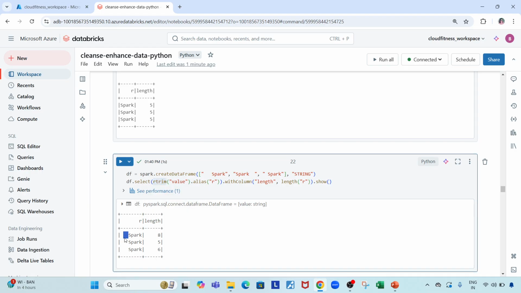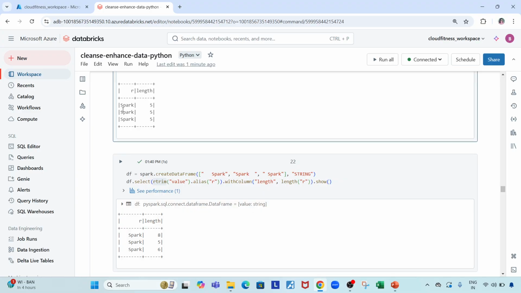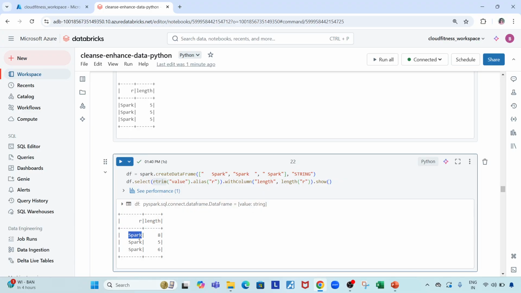So if you see here, Spark still has the empty space. So now you can see here it did not have empty space because that was removed from the front also. But here it is removing from the right side of the word only. It is not removing from the front side. So if you see the front here, we have the space, right? Front, we have the space, but what it is doing, it is removing only from the right side,